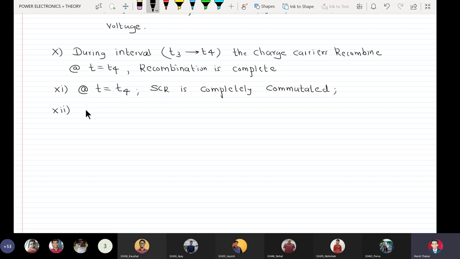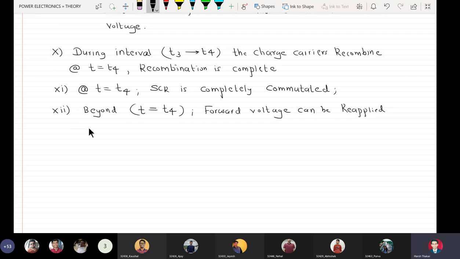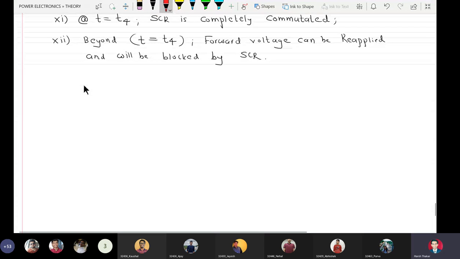Hence, beyond t equal to t4, forward voltage can be reapplied and will be blocked by the SCR. Okay. So an important comment here is